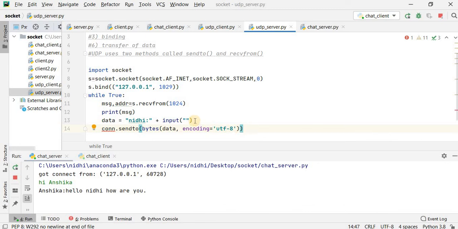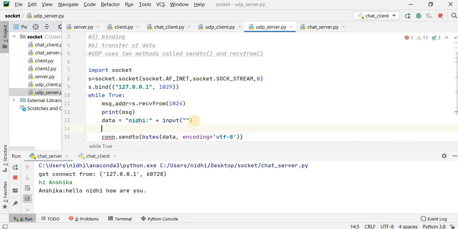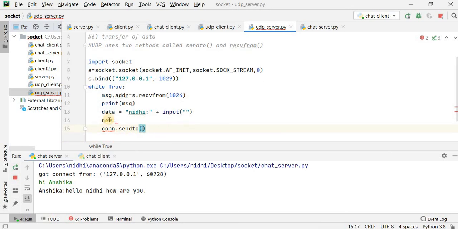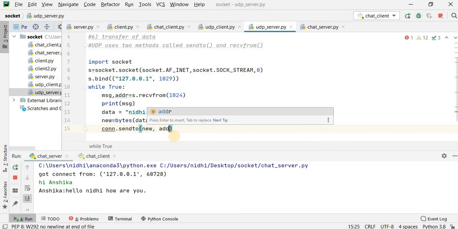So one thing I can do over there, that I will create new over there and new comma addr. You can do another method.